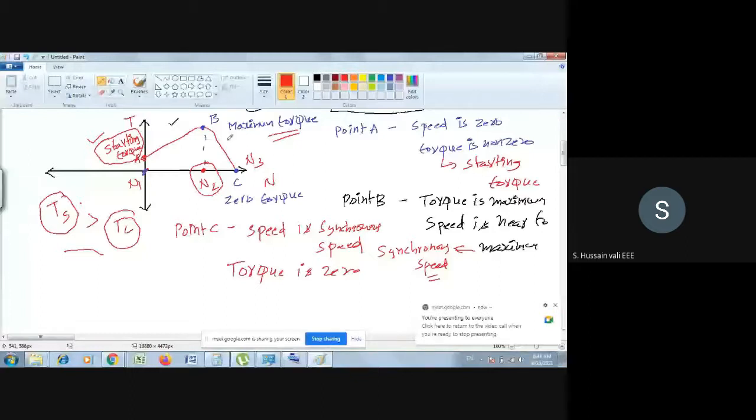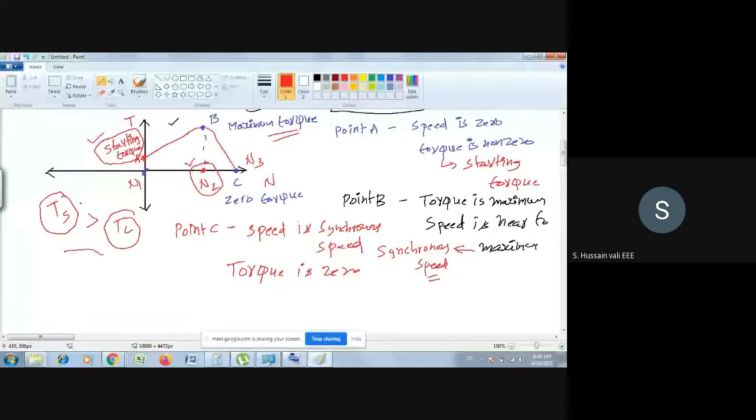When the loads are high, obviously their load torque is also more. So for the induction motor we are using, the maximum torque also should be high. You will always try to operate at point B so that you can achieve maximum torque, and you should take precaution about what the speed is at that point. If you run the motor at this speed, you can achieve the maximum torque. That is the logic here. So that's about point B.